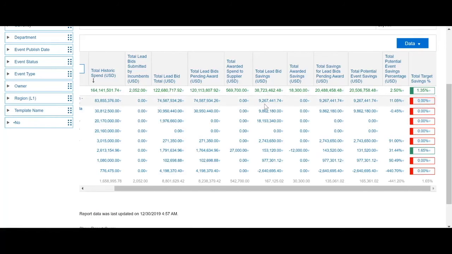You could use similar criteria in order to come up with a color code for a specified field. It helps you summarize the entire report in a specific manner, but would also help you identify the row or the event or the project wherein an action is needed. For instance, if you identify that there is an event wherein the savings is lesser than average or lesser than target, then you could flag that event and reach out to the event owner to understand why a specific event has not met its target savings.